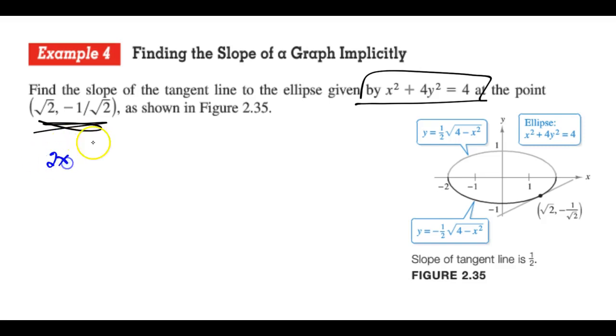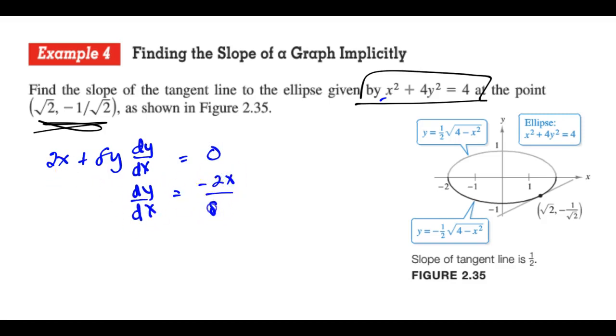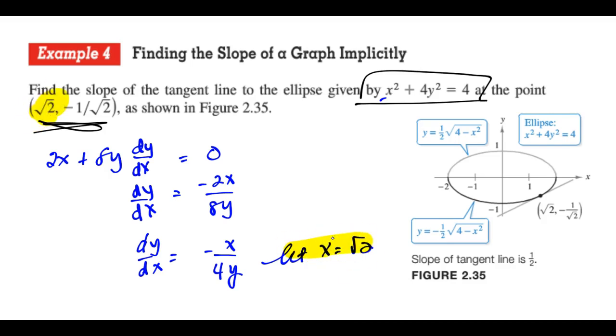I'll work it out. So the derivative of x squared is just 2x dx/dx plus 8y dy/dx equals 0. So solving for dy/dx, I would have to subtract off the 2x and divide by the 8y, and that gives me the derivative of y is -x over 4y. So now I'm going to let x equal the square root of 2 because I want to find the slope at that point. So I'm going to let x be the square root of -2, and by the way, I've got to let